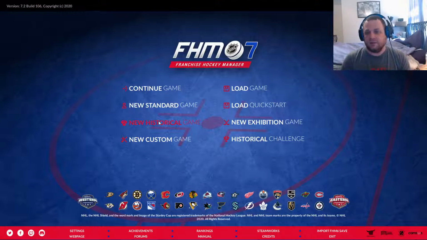A new exhibition game, I'm not going to go too much into detail about that, mostly because you basically just pick teams to play against each other and see what is going to happen. There's no statistical value for anything other than that particular game played, so it doesn't save anywhere. So you don't have a quick league or anything like that where you'd see that player has scored 15 times in 15 games that I've simulated between the two, or anything like that. So it's fun to see what-ifs, but